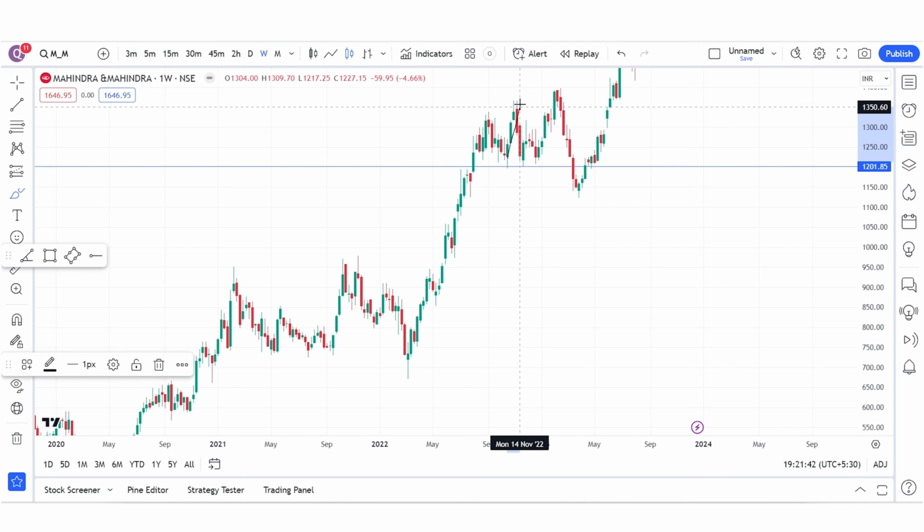The stock again tends to go higher, comes down, takes support right over here, and again tries to make a fresh breakout. So this breakout unfortunately fails, comes down, but now the stock doesn't even take support around 1200 but gives a closing below 1200. So you might have held the stock for almost around 2 to 3 months where the stock gave absolutely no return. So by this time the stock also had started to lose momentum, and finally maybe somewhere around February or March you get exit in Mahindra and Mahindra, making a good